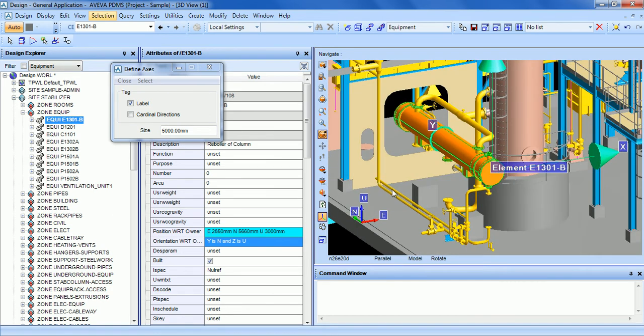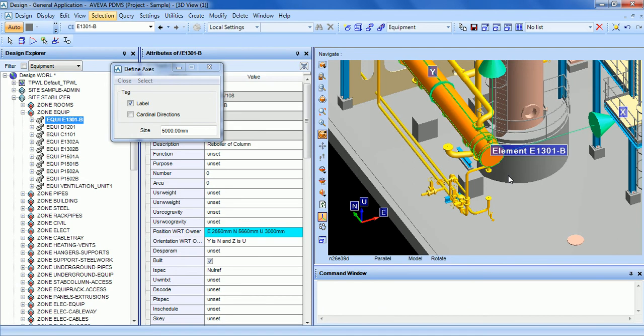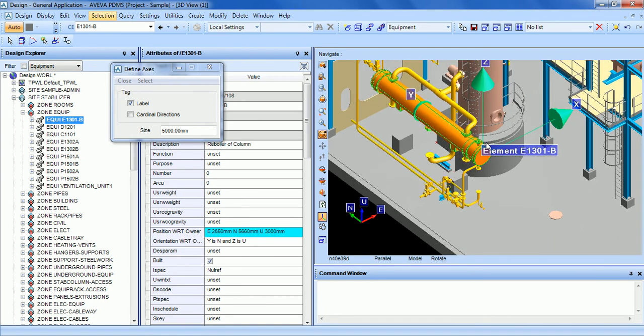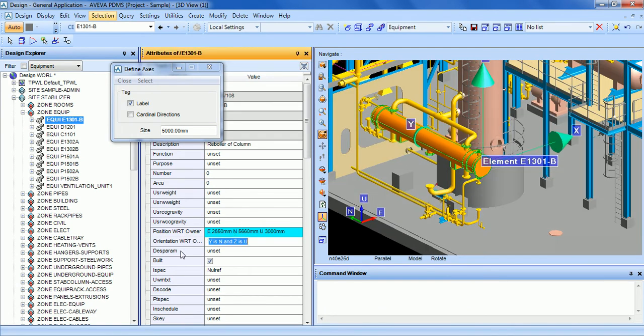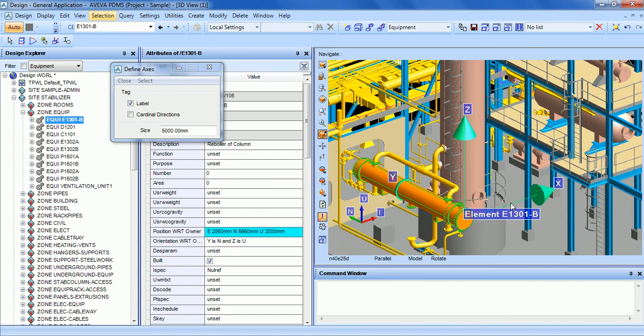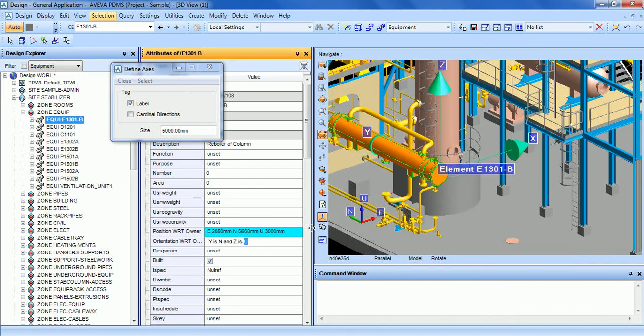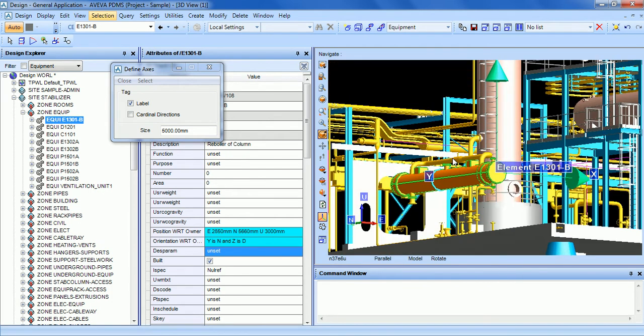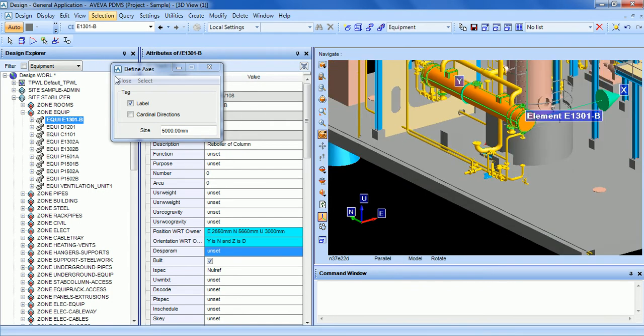Okay, so now we can find out the position and the orientation of the element. We can deduce that the Y is aligned to the north and the Z is aligned to the up. Okay, so we can change, for example, to down. It's quite simple. Okay, so close, remove axis.